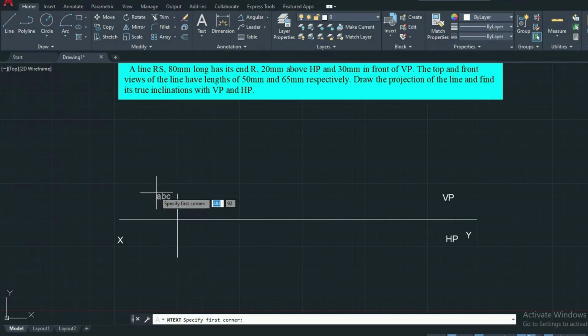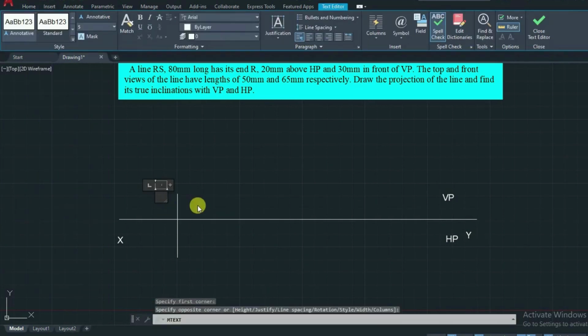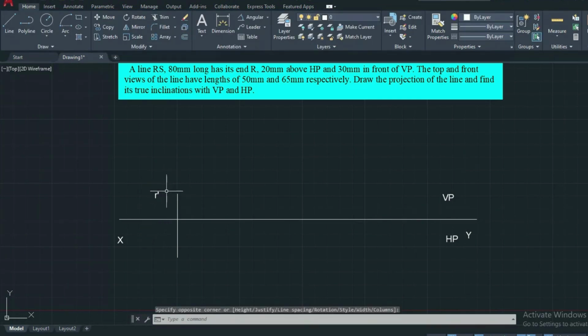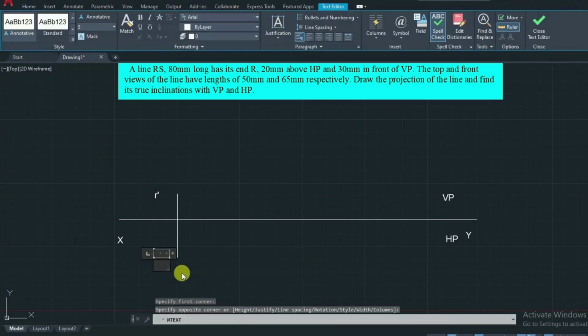So one end R, we obtain in the front view as R dash above the XY line. Use smaller letters when representing the projections, and with a dash for the front view. Then the top view we obtain below the XY line, at the same distance in front.